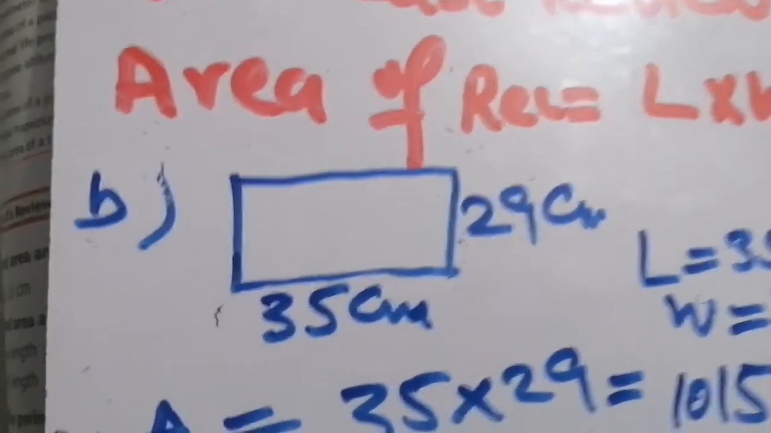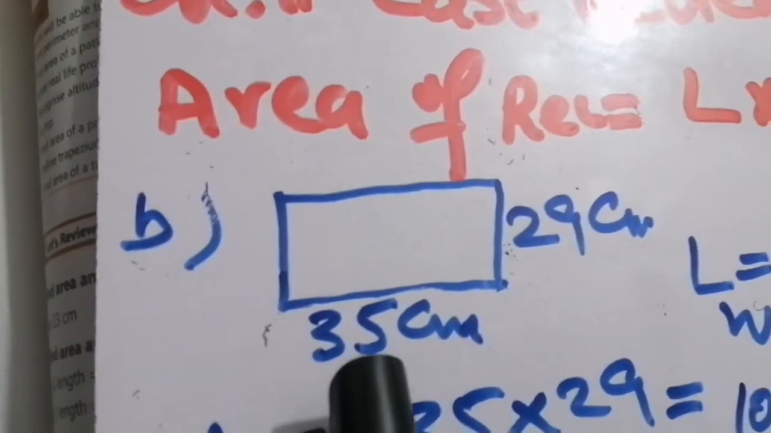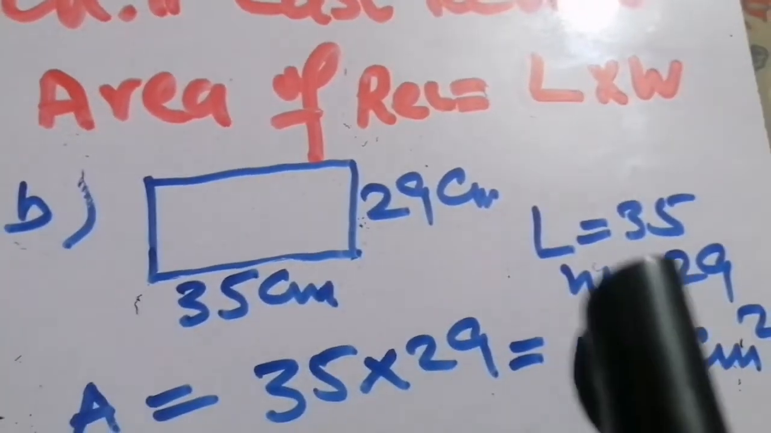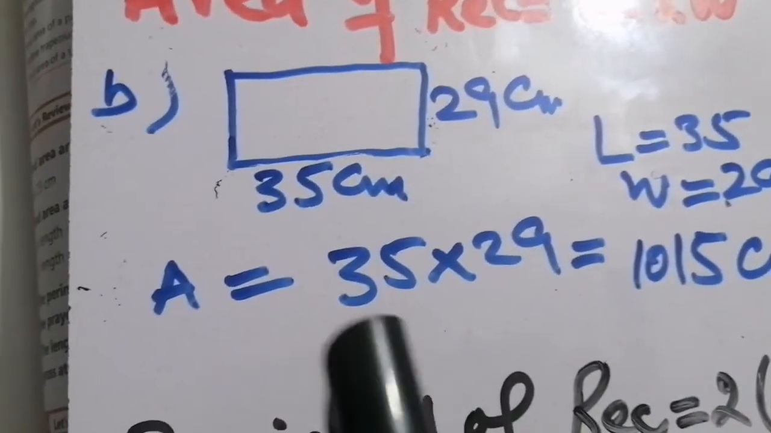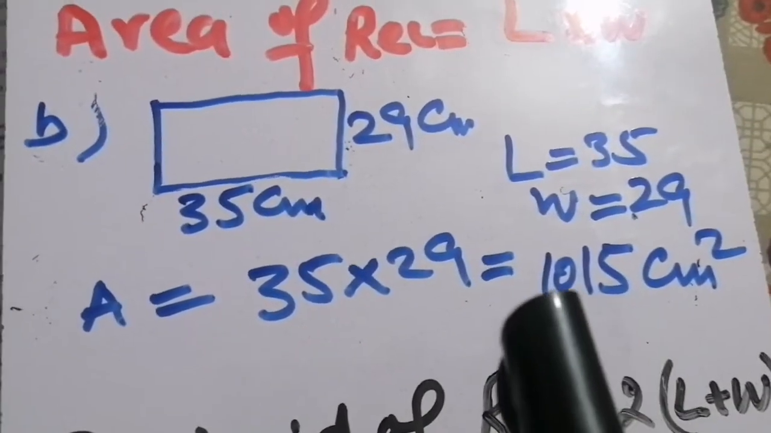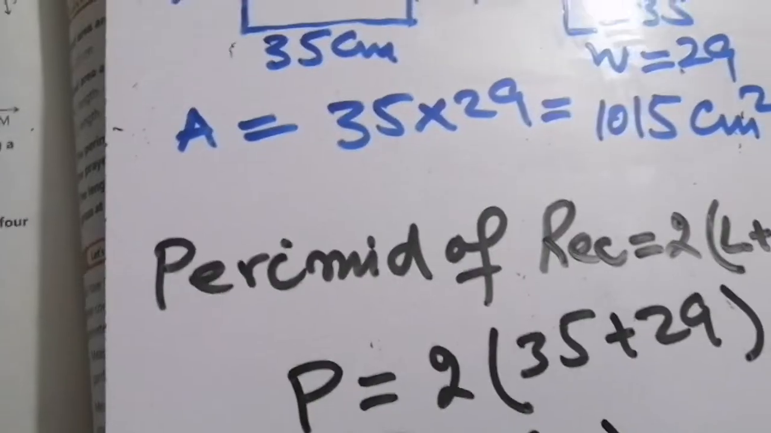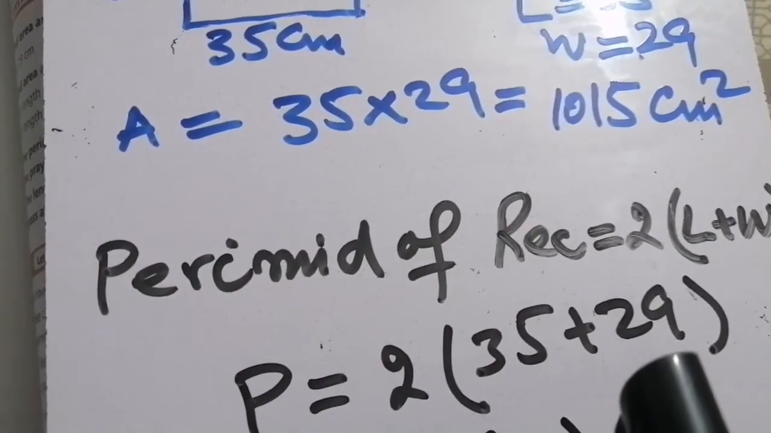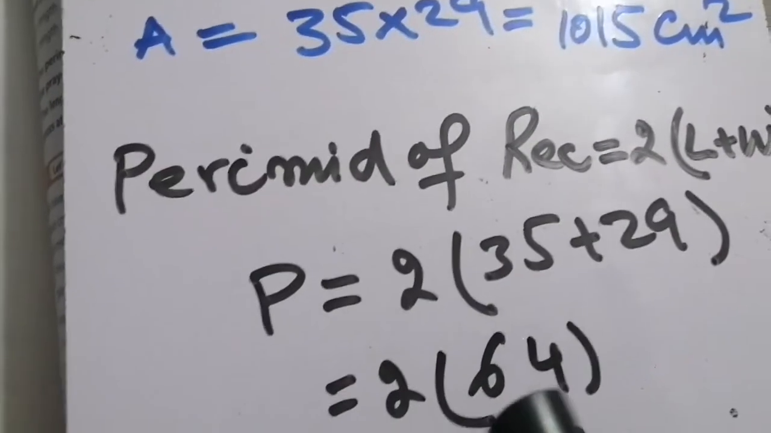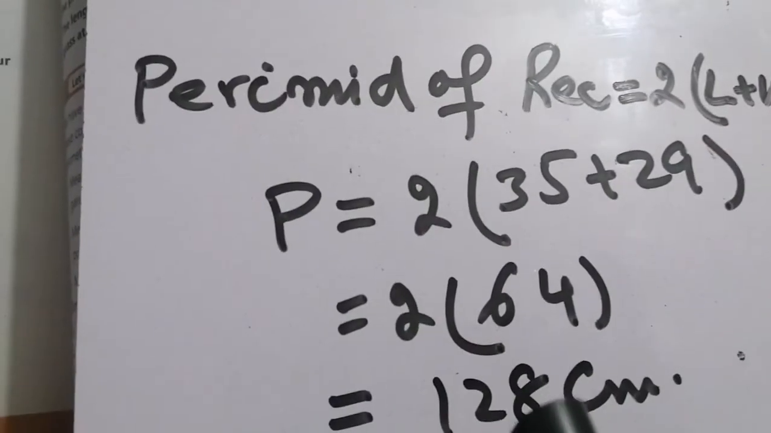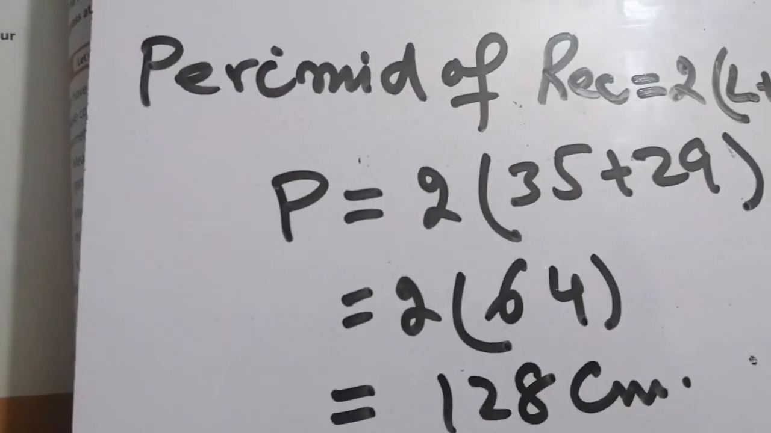So in part B, the length is given as 35 centimeters and the width is 29 centimeters. So L is 35 centimeters and width is 29 centimeters. Area will be 35 multiplied by 29, which is equal to 1015 centimeter square. So the perimeter will be 2 into L plus width, length plus width. So 35 plus 29 is 64, 2 into 64 is equal to 128 centimeters. So that is the area and perimeter of